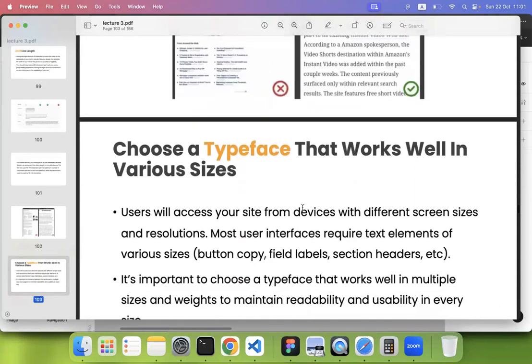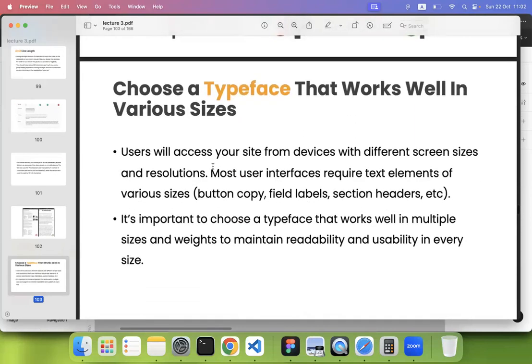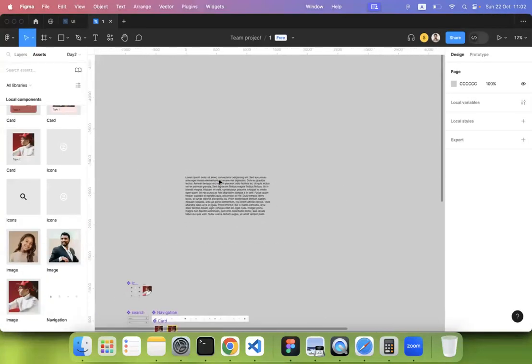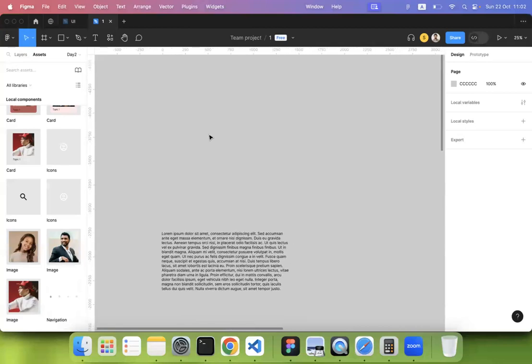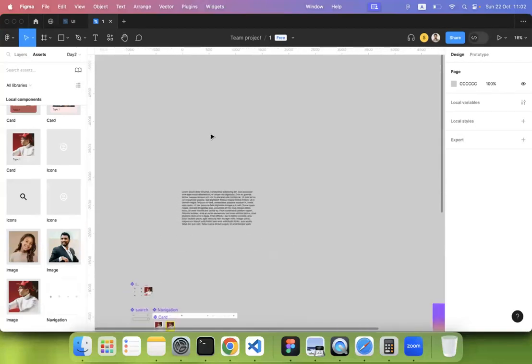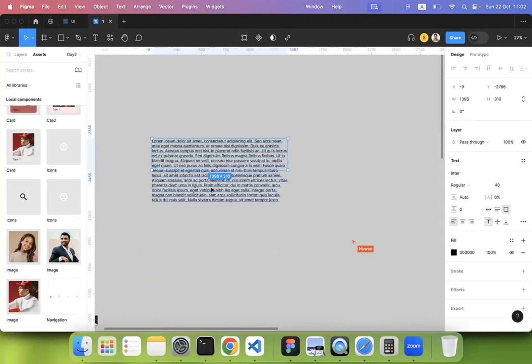Choose a typeface that works well in various sizes. Users will access your site from devices with different screen sizes and resolutions. Most user interfaces require text elements of various sizes: button copy, field labels, sections, headers, etc. So what you can do is design the application for various screen sizes on Figma and give typefaces their size as well. So if you are using font size, let's say,